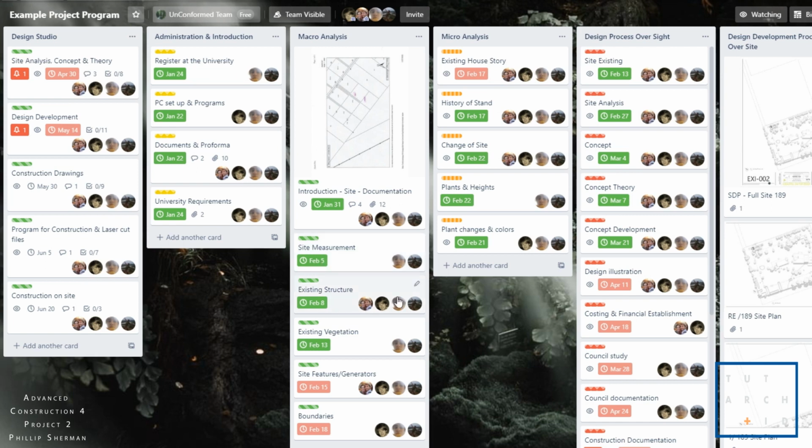Now, this is just a project program application that I use. It's not to say this is what you need to use. You can use whatever project program you want. The most basic one is Excel, which everyone writes a project program on. This is just a digital form of a project program. For example, if I go and click on big picture,